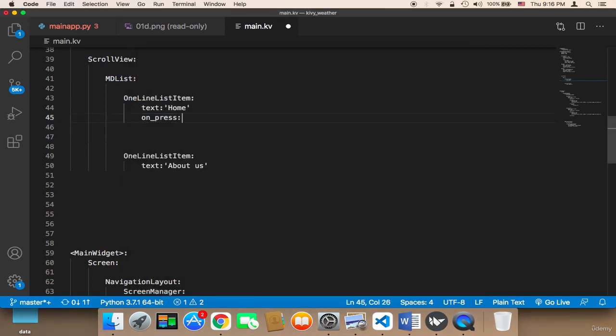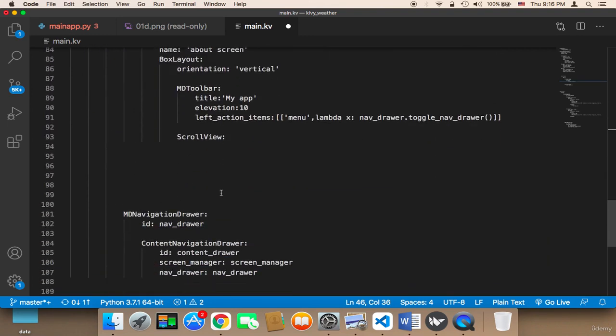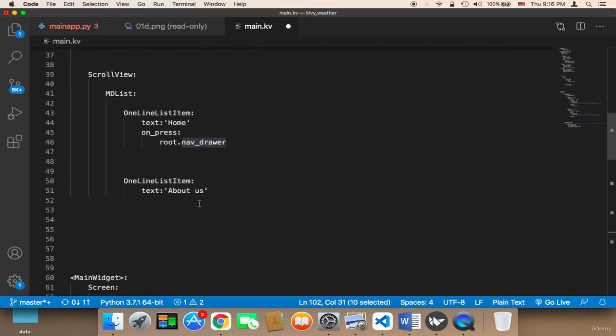So here on press for the home page, we want to do two things. First, we need to make reference to the root. We need to say root dot nav drawer. Remember the nav drawer, which is this nav drawer, and then we want to say dot set state,